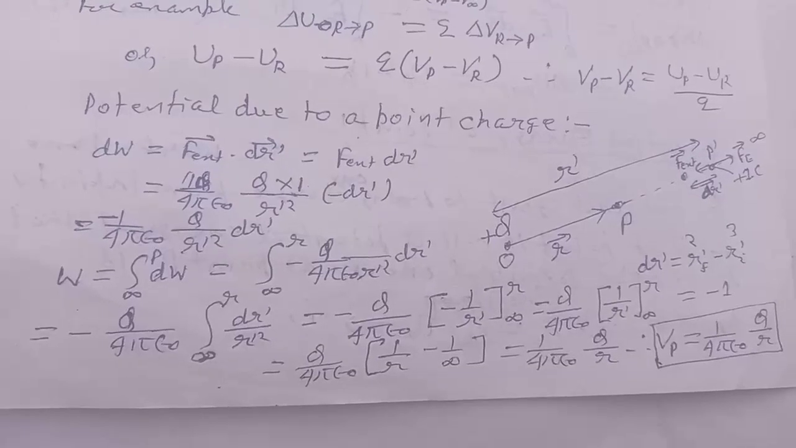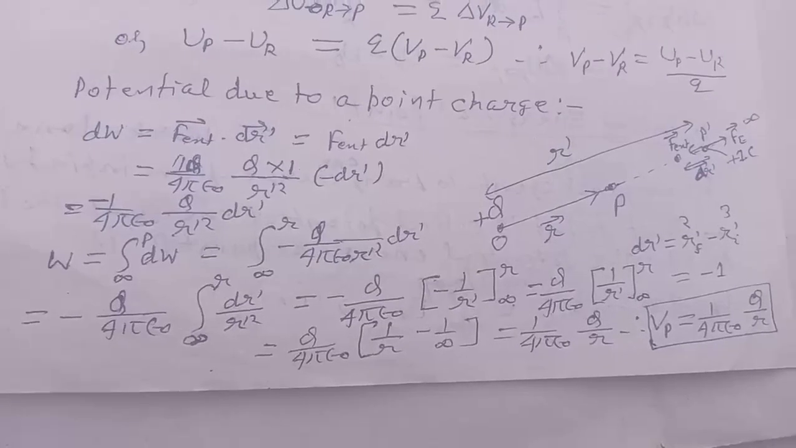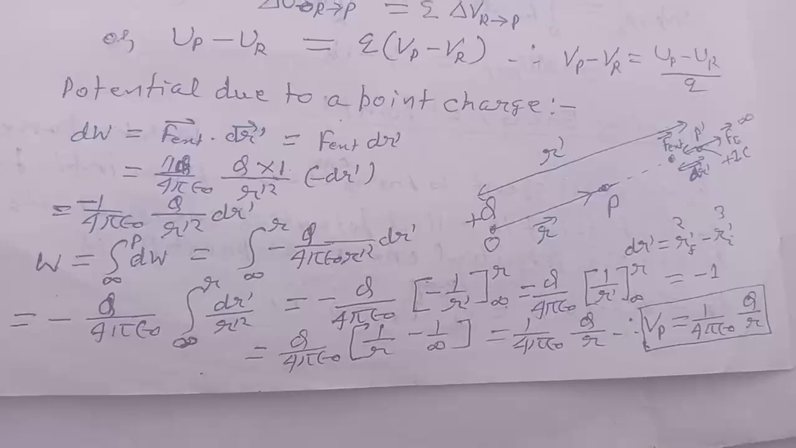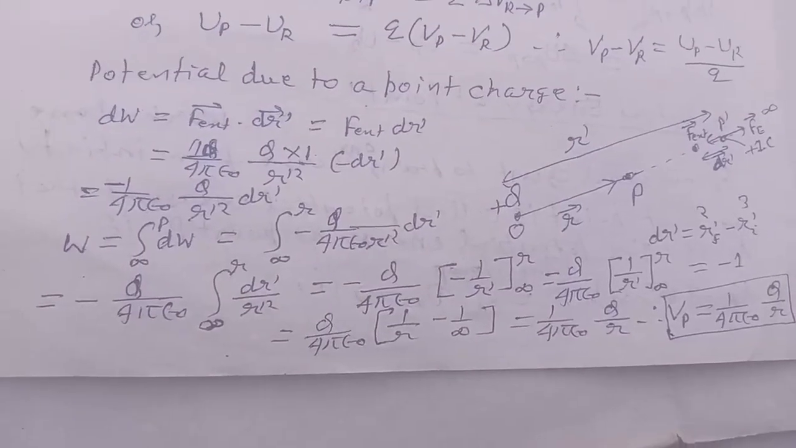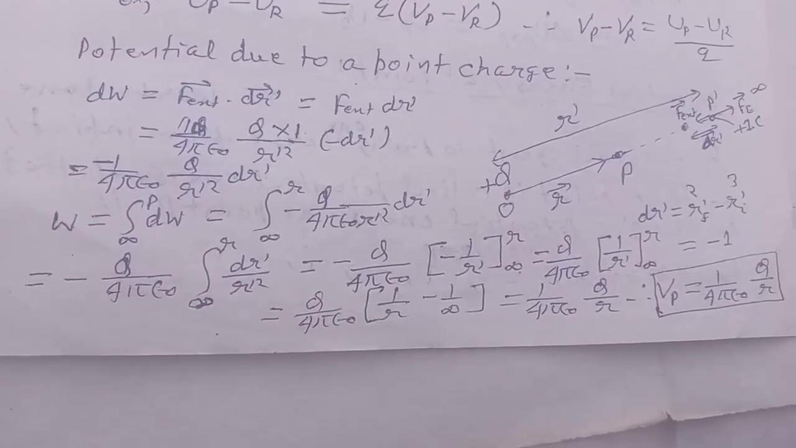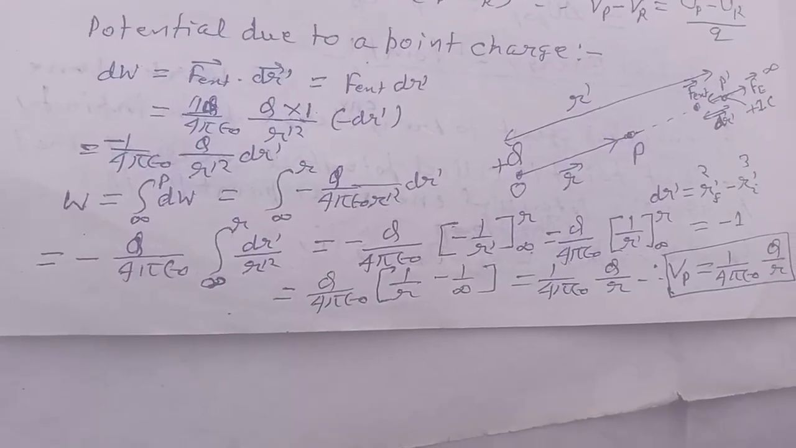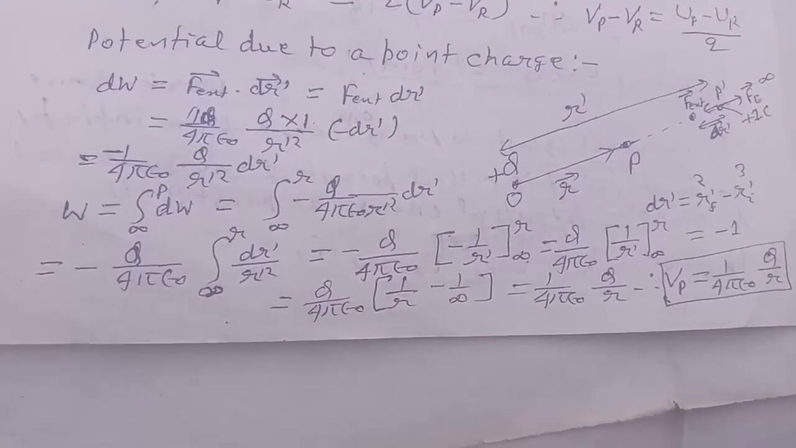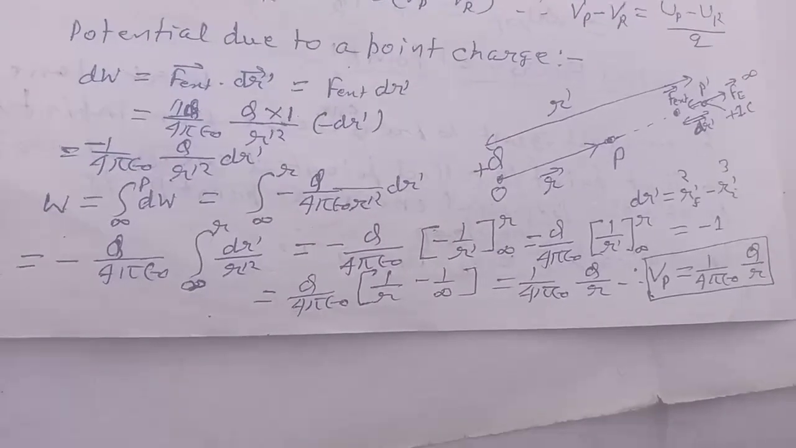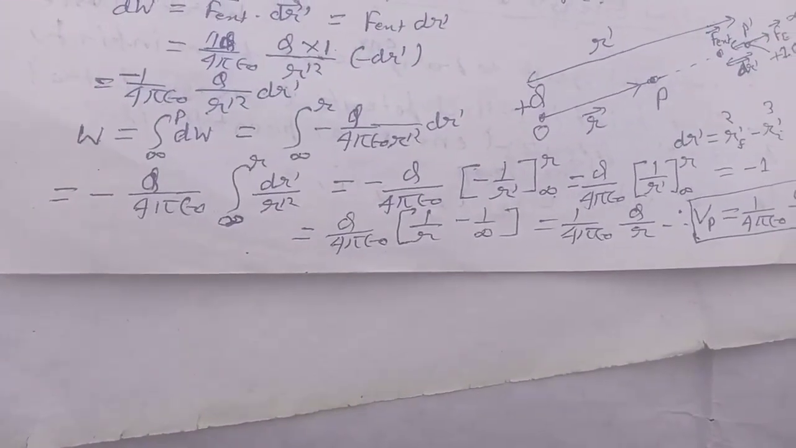So dW equals F external dot dr dash, equals F external dr dash, equals Q by 4 pi epsilon naught into 1 by r dash square into minus dr dash, or equals minus 1 by 4 pi epsilon naught Q by r dash square dr dash. Hence W equals the integral from infinity to P of dW, equals the integral from infinity to r of minus Q by 4 pi epsilon naught r dash square dr dash, equals minus Q by 4 pi epsilon naught times the integral from infinity to r of dr dash by r dash square